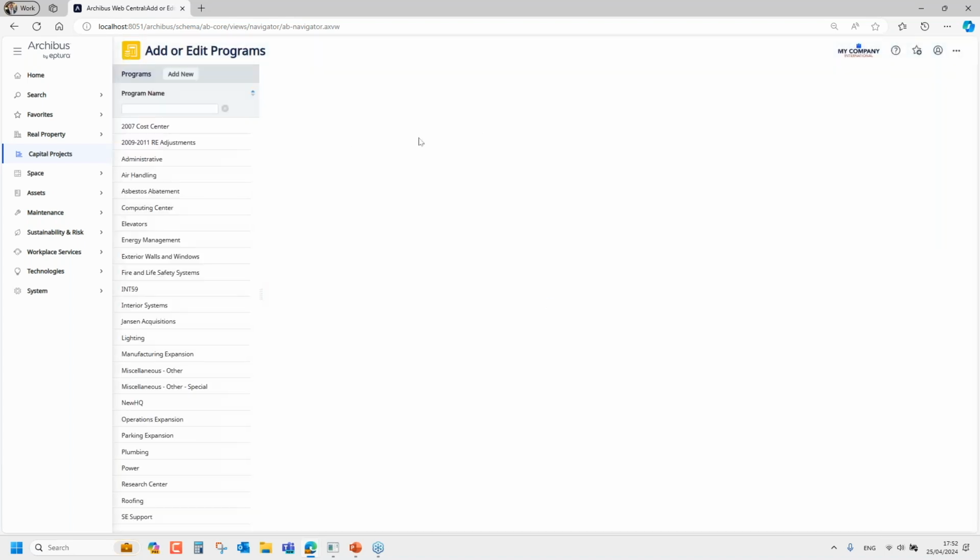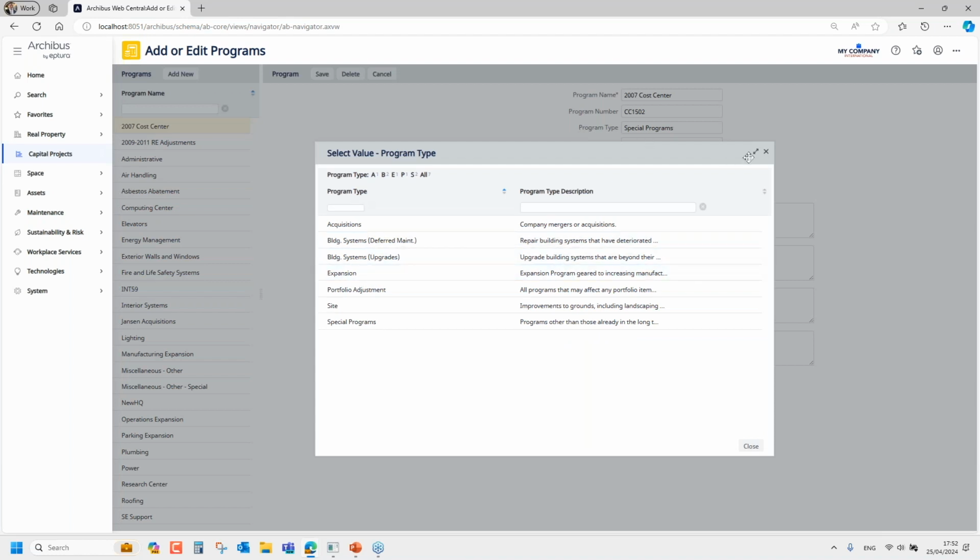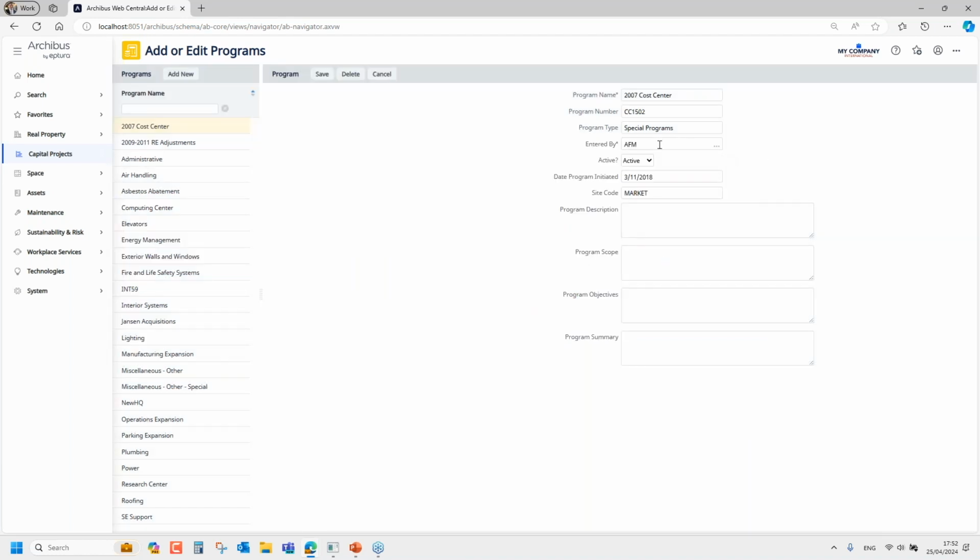Once you've set up your program types, you can define the individual programs. And all that means is, you're identifying an initiative that has a time frame and a location potentially, and you're going to identify that initiative and its subset of projects. So you'll have a program number, program type. This is where we set up those types here. That's where that comes in. And then you're going to have whether that program is currently active, when it was initiated,